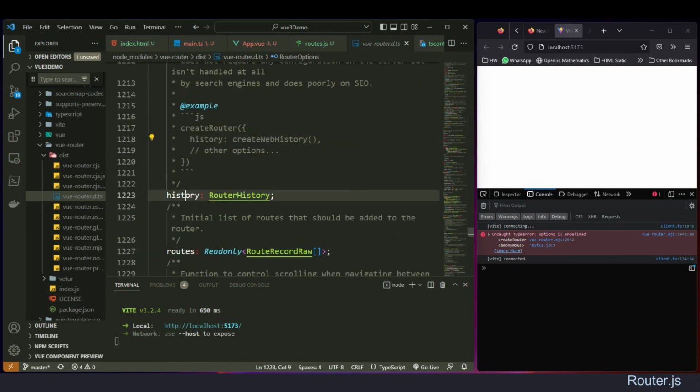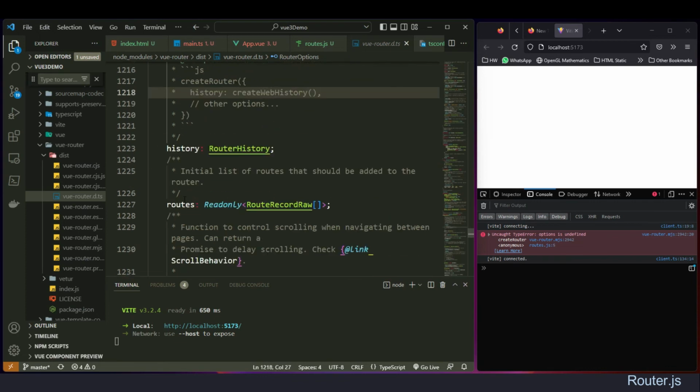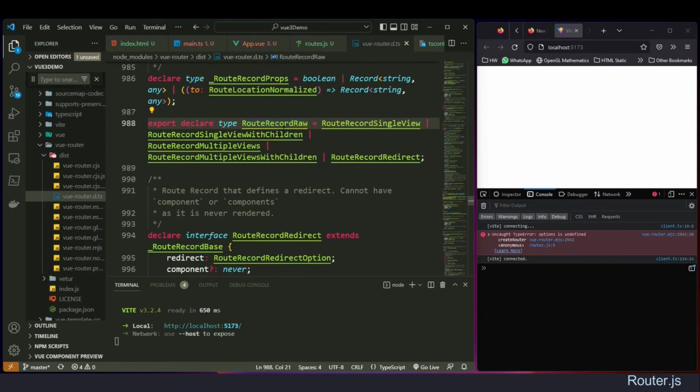But anyhow, history is nothing but web history. So when you press the forward and back buttons, it will move. For this, they already have a method called createWebHistory. That's totally fine. For routes itself, they are providing an array of route records. What is the route record? Press F12 there and go here. Route record is